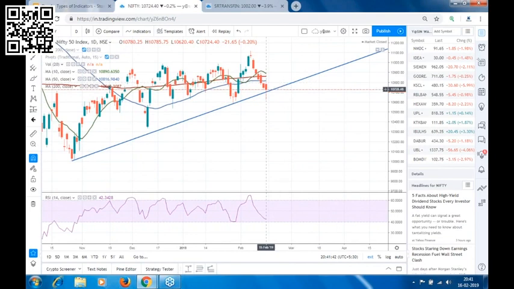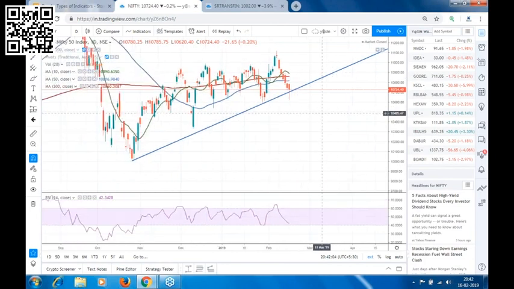Nifty at present is at 10,724. The first resistance will be the high of this candle, around 10,785. Then 10,820 will act as a resistance for Nifty, 815 to 820. So we have multiple resistance in Nifty.